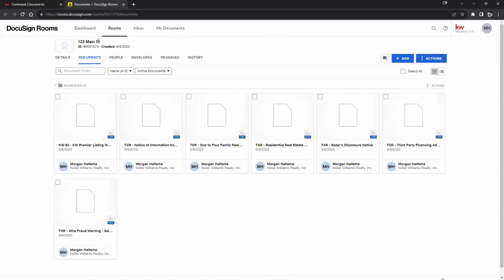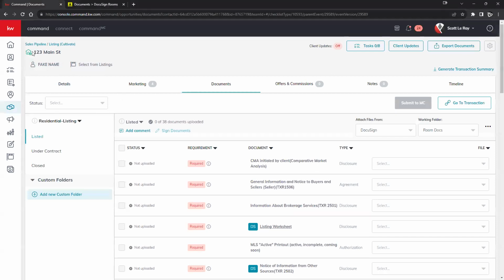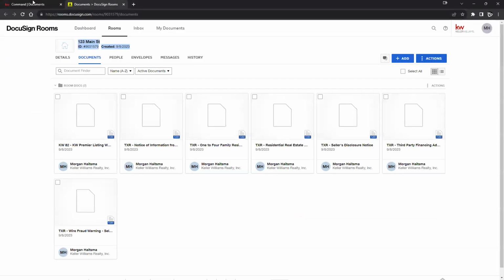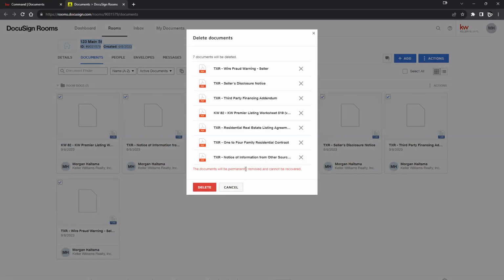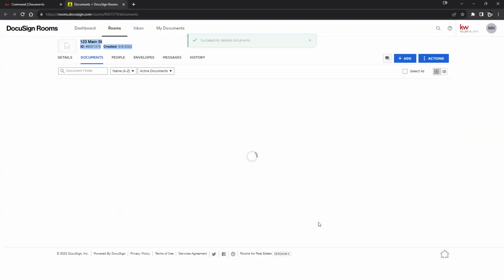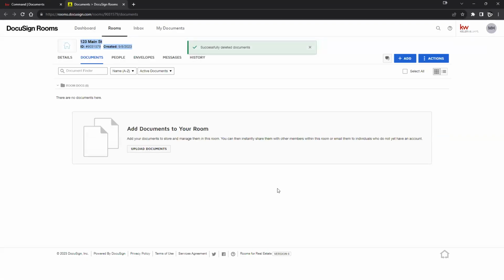So really cool here. And what's cool about this is this DocuSign Room is strictly for this one and only opportunity that we've created right here. So 123 Main Street, 123 Main Street. So they're tied. So everything that we work on in here is solely for that one opportunity or that one transaction. Now, again, it all depends on your market center. You may or may not have forms that auto-populate in here. Chances are you may not. So what I'm going to do is I'm just going to go ahead and delete these right here so we can start from scratch here and just see a fresh, brand new